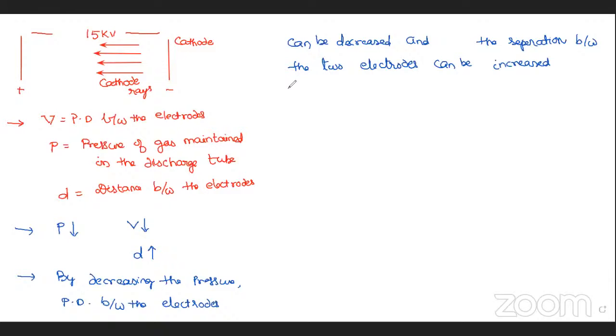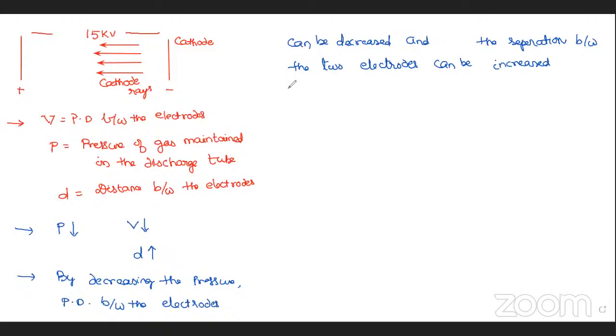That excitation is characteristic of the element. Why? Because the difference between the energy levels, orbits, is a characteristic property. So the emission has a characteristic wavelength. Characteristic means, suppose it falls in the visible region, the color of light depends upon the nature of the gas, the type of gas you are taking. Generally, if you take mercury, it will emit all the 7 colors so that you will get white light.